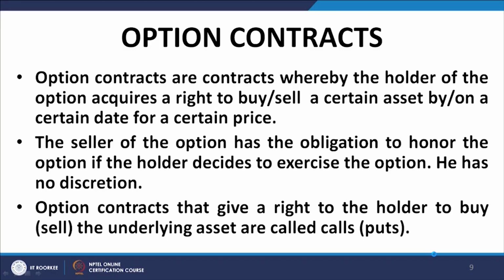In the case of an option contract, it is slightly different. The party who has bought the contract has the right. That means he can either buy the asset at the strike price on the maturity date, or if he so feels, it is at his discretion that he can let the option lapse. The choice whether to exercise the option and buy the asset or to let the option lapse rests with the party who has bought the option.